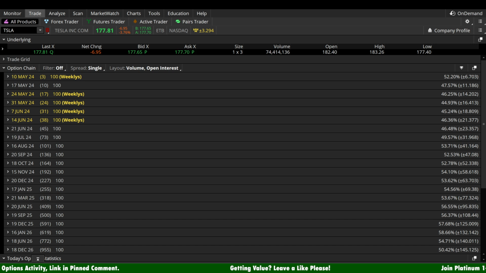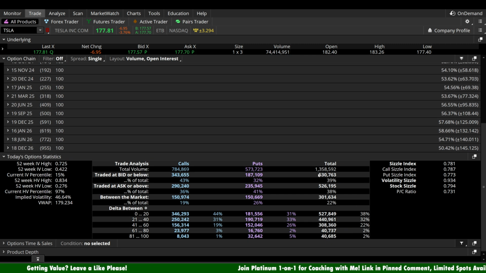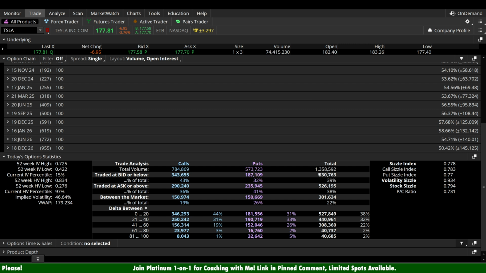So that's the market's volatility expectation, which is very important to be aware of. But you're probably asking, what about directional bias? Well, for that, we look at volume, because that expected move by design does not price in directional bias. That's not its job. We have a little over 1.3 million total contracts traded today on Tesla, almost 785,000 calls and almost 574,000 puts. So we're seeing a call side bias on the overall ratio. And if we break that down by time frame, the 0 to 20 delta range, the short-term speculators, we're seeing a call side bias out of them as well: 346,000 calls and about